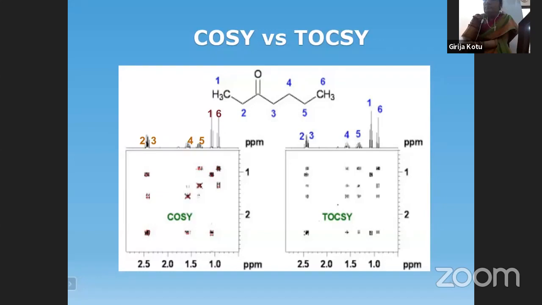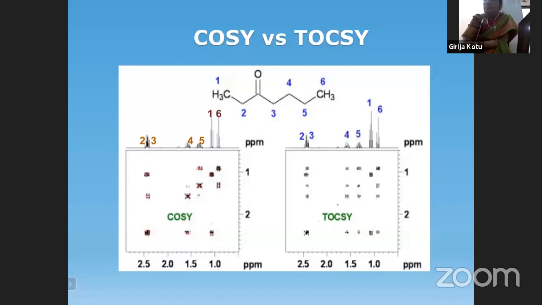And these 2 lines meet at 2 points on the diagonal line. So the points where they meet are the coupled nuclei. That's how we can identify that they are the cross peaks. So that's how we can draw the boxes. If you complete this diagram, you will understand. If you just look at this, it looks very complicated. But if you take a photograph and sit at home and try to draw, you will find all the connectivities.